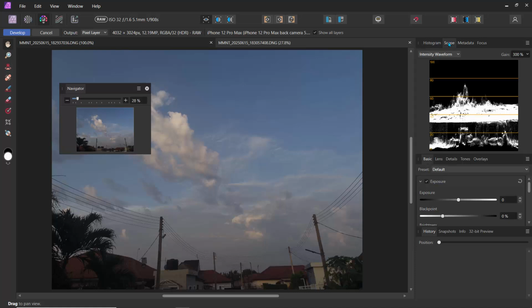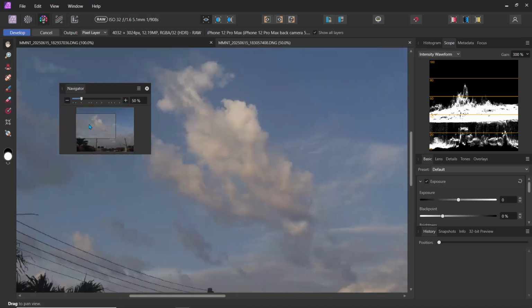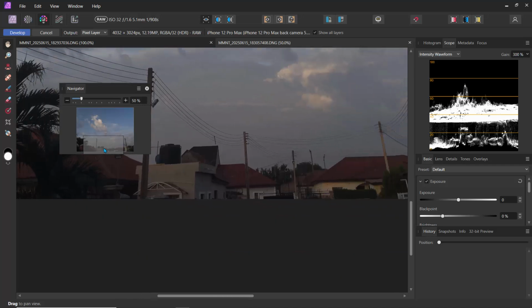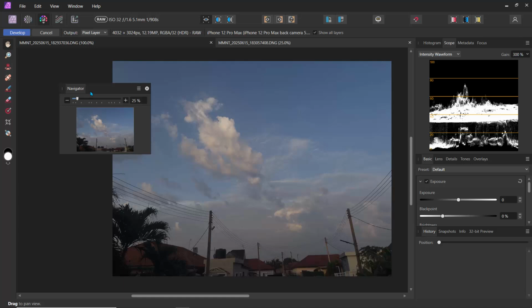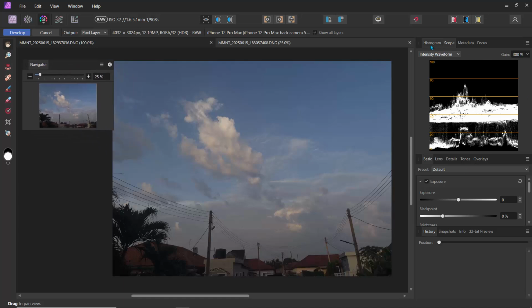So the scope is going to tell you where, if you have too much light or underdeveloped sections, I think this is actually good because we can see there's no burnout anywhere at all. There's not much lighting that's really burning through this image. So I think it's really a nice one, right? So let's go over here to